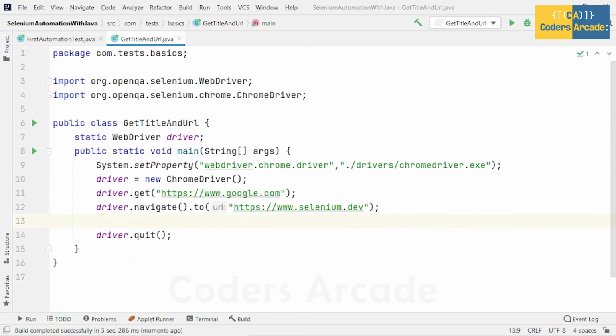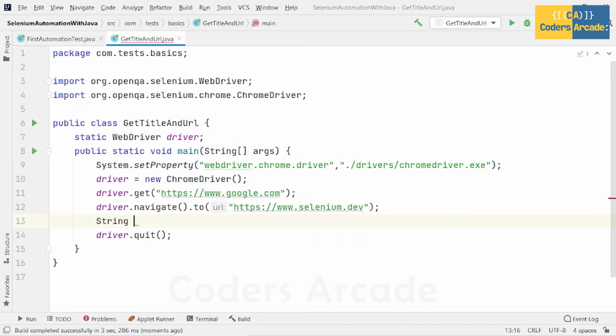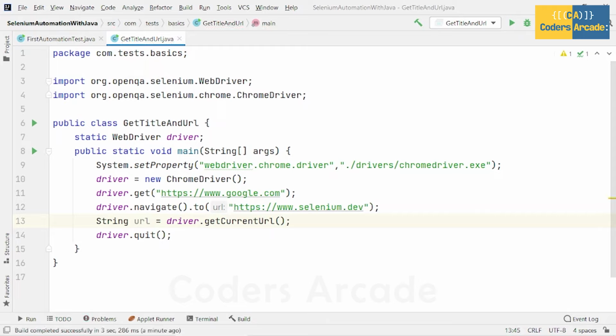So before quitting, after opening or navigating to selenium.dev, I want to actually store the title and the URL into some variables. As we know, we are dealing with text, right? So I will store it inside a string variable. String URL is equal to, we can use the driver instance and we can say driver.getCurrentUrl(). As you can see here, this is the method. This will actually get the current URL, which is this one, and it will save it to the URL variable